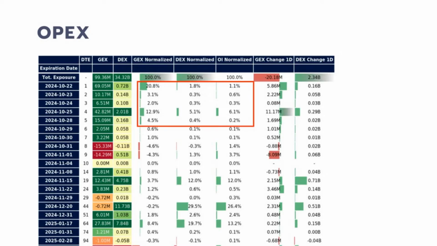So if we have a lot of gamma expiring on a certain day, after that expiration, market makers do not need to hedge on those options. So there's a release of those hedges. And that's why OPEX becomes very important, because we want to monitor during OPEX or after OPEX how the